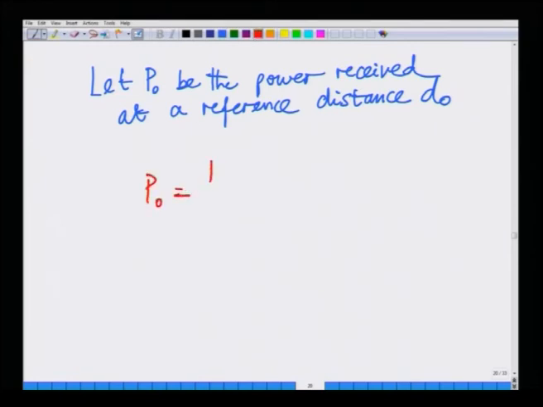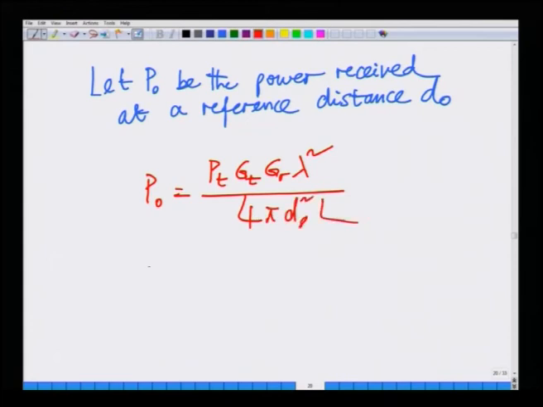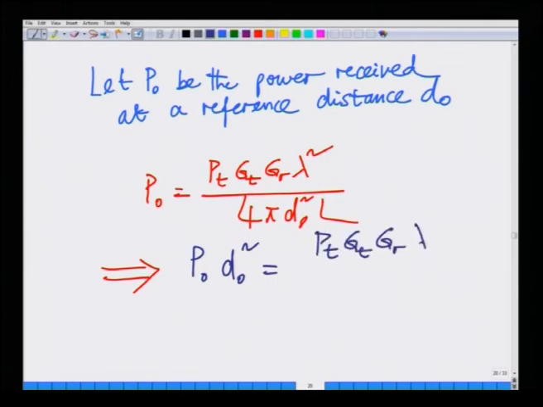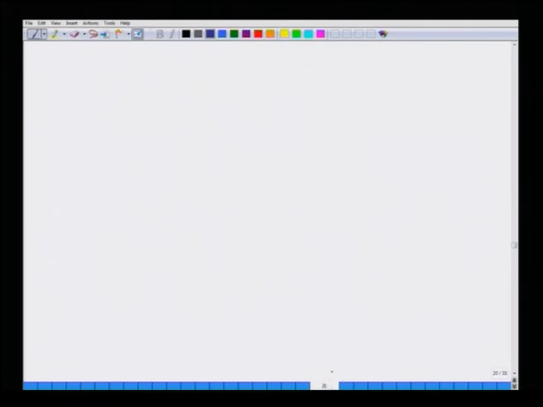P naught equals Pt Gt Gr lambda square divided by 4 pi d naught square L, implies, if we consider P naught d naught square, that is equal to Pt Gt Gr lambda square by 4 pi square L. Hence, for any distance d,